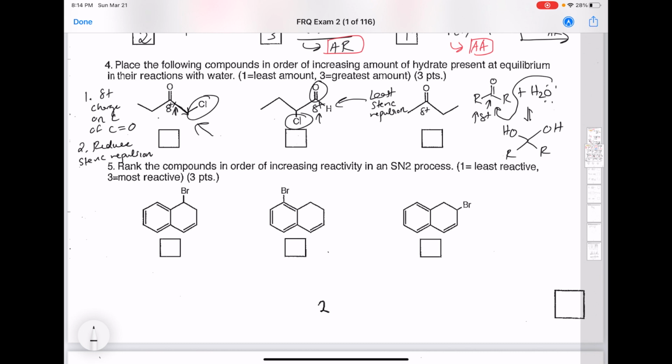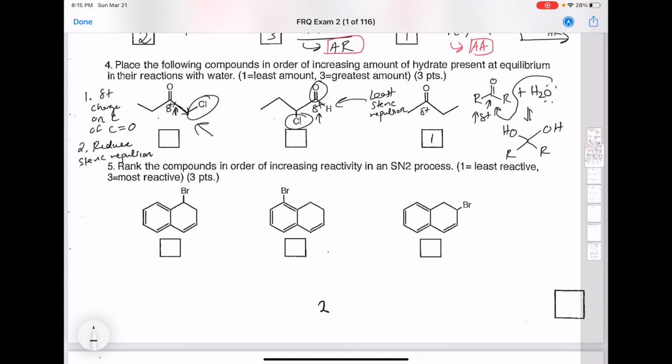So we know for sure that the molecule on the right side, since it doesn't have any inductive electron withdrawing groups, and it also has relatively higher crowding, or higher steric repulsion, these conditions don't favor shifting the equilibrium to the right compared to the other two compounds. It actually has the worst set of circumstances. So that means that it has the least amount of hydrate present at equilibrium, due to the least amount of electron deficit at the carbonyl carbon, and a relatively higher amount of